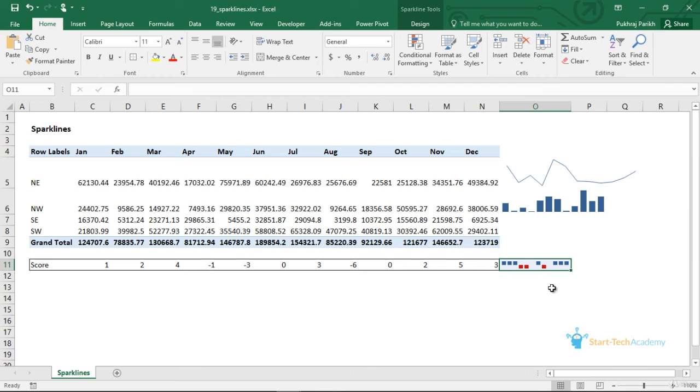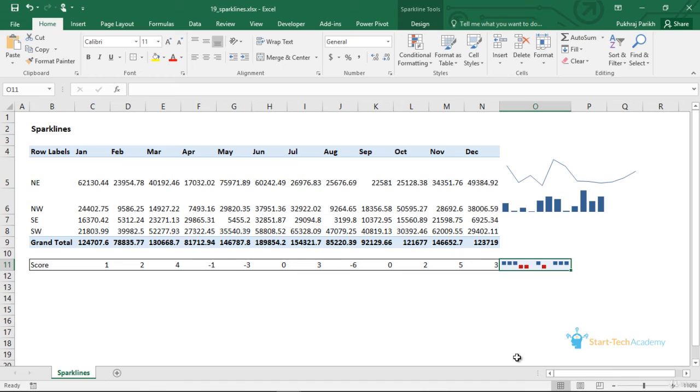This last type of sparkline is a win-loss or positive-negative type of sparkline. So whenever the value is positive, it will be shown as a blue box above an imaginary axis, and whenever it is negative, it will be shown as a red box below that imaginary axis.